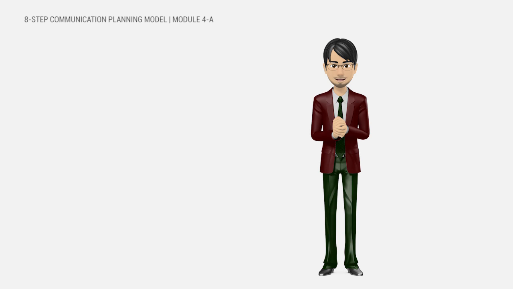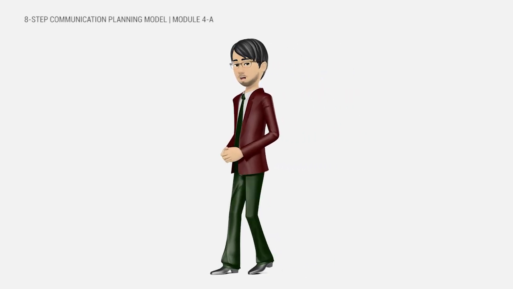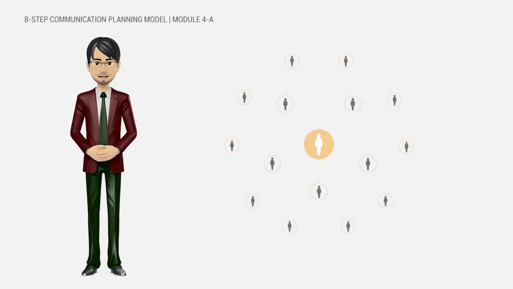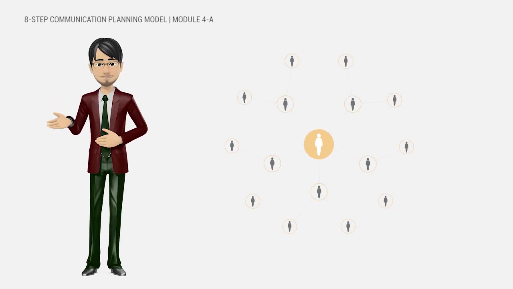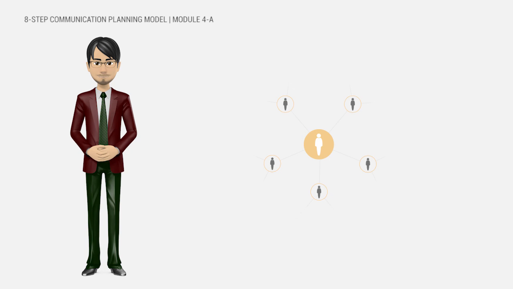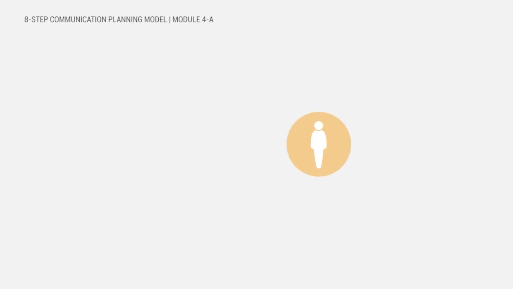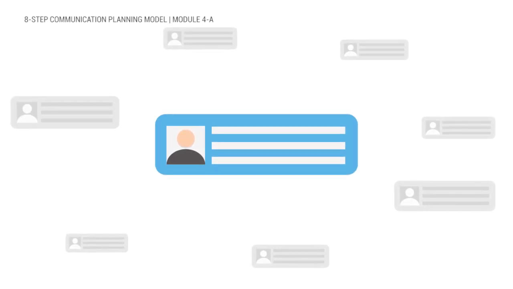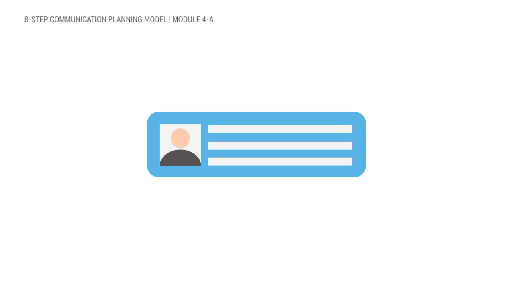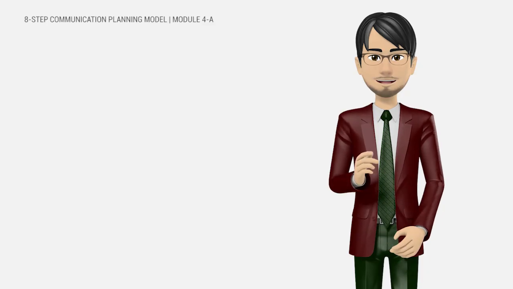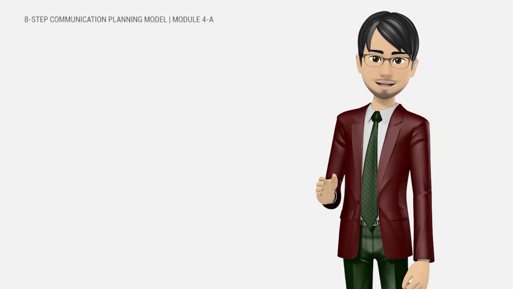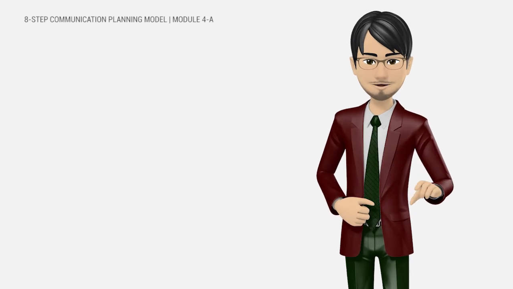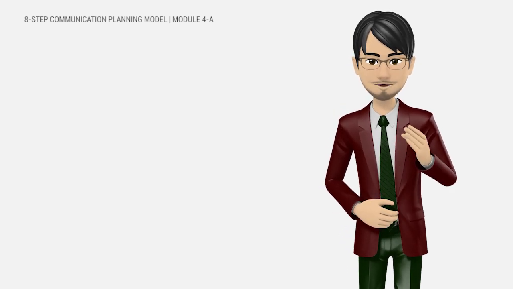Now that we have identified our communication goals and objectives, we move on to step 3. The purpose of this is to identify all potential audience segments for each communication goal we have set. It is important that we identify which specific sector or segment we need to prioritize for each separate goal and learn as much as possible about them. Breaking down general audiences into segments will give us a better idea in crafting specific messages and materials for them.